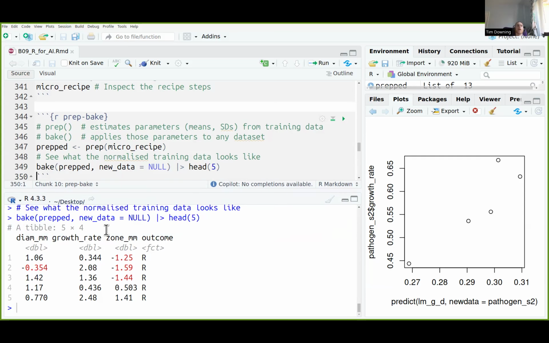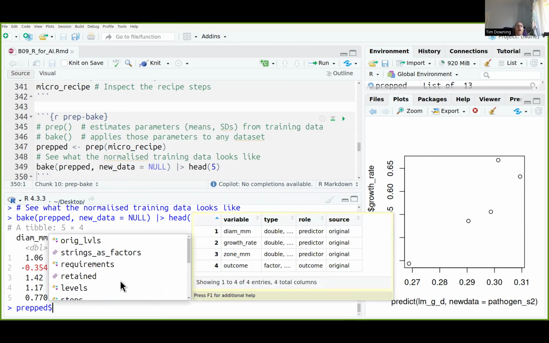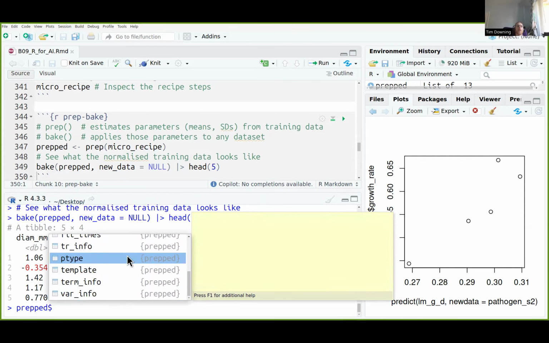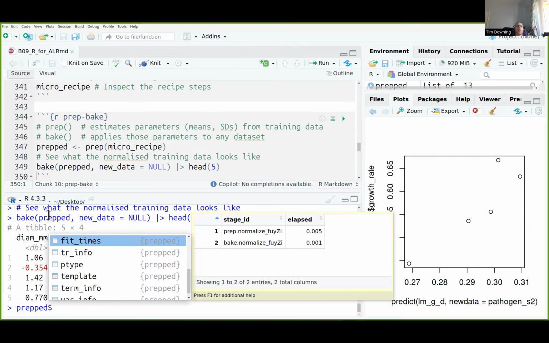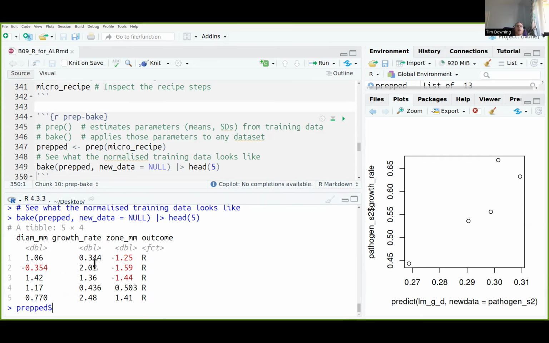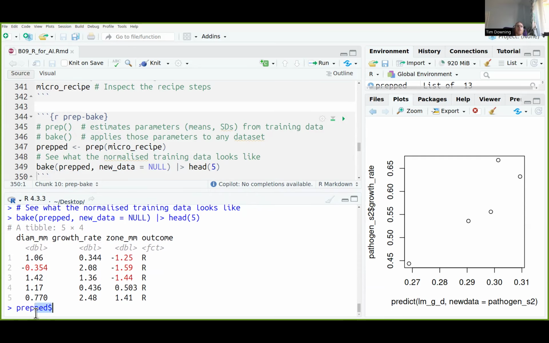And what you see is that the scales of each of the data are comparable to each other. If we look inside prepped directly, we can see that there's different components inside there. So we can use bake to extract that information. So if we look at the structure of this function,